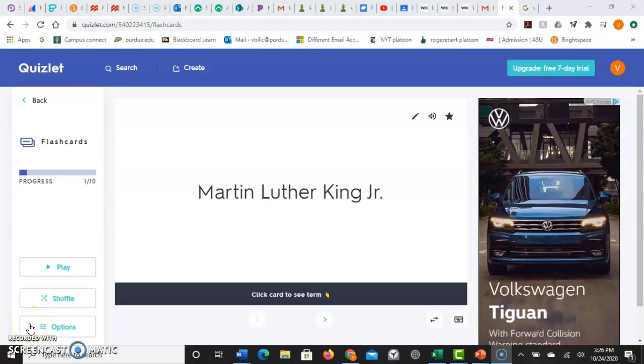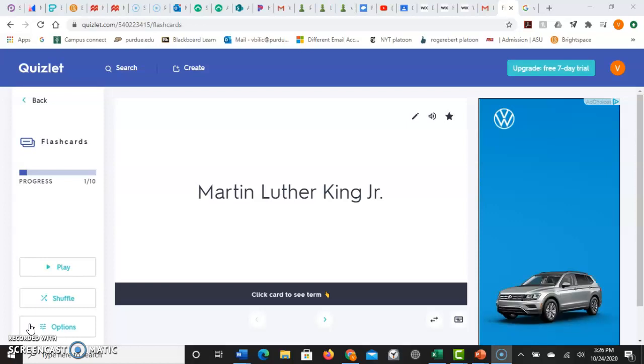Right, hi there. I decided to do Quizlet for the study section of this badge, just because normally if I'm ever needing to study for something, Quizlet is definitely what I go for. What I did was make a few flashcards that had either events, important people, or important legislation that I thought would be important for my lesson.